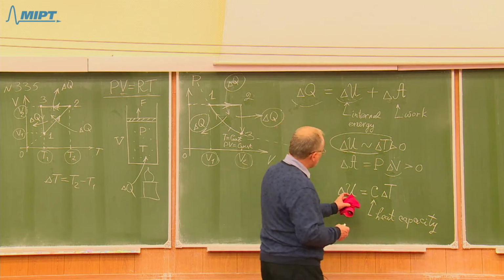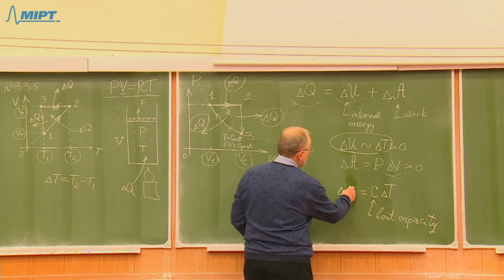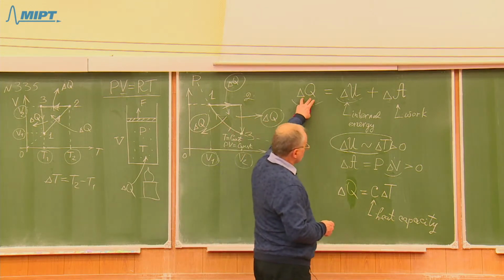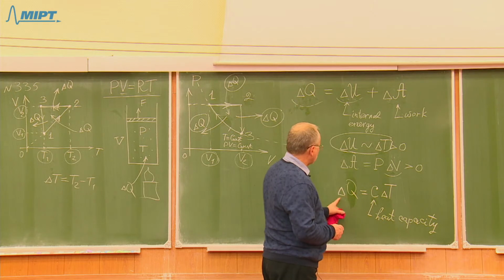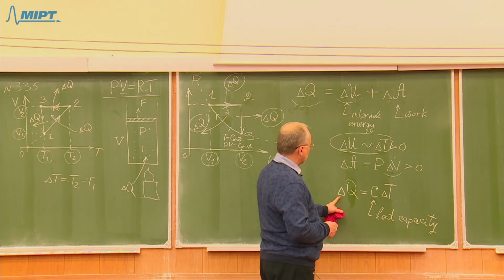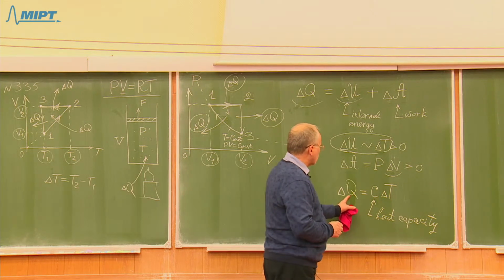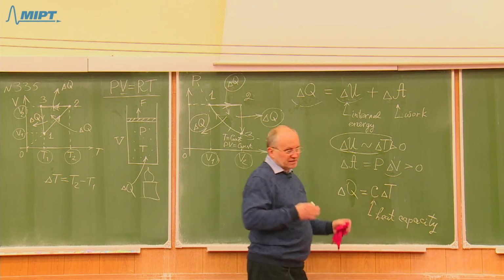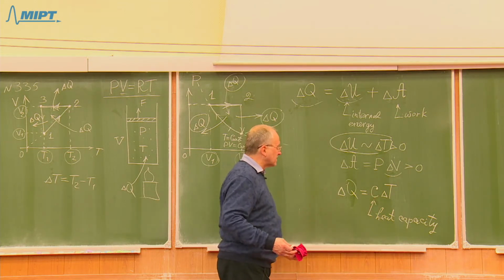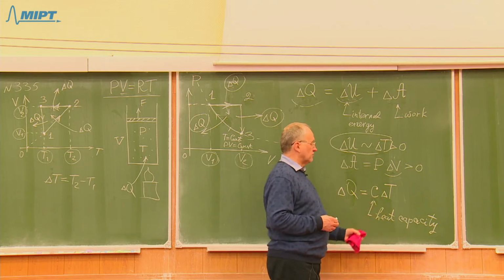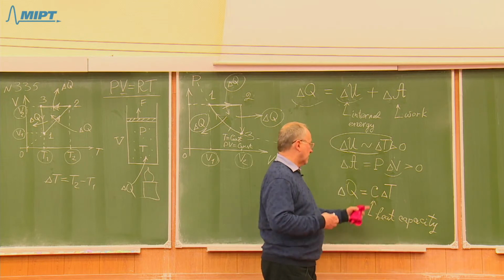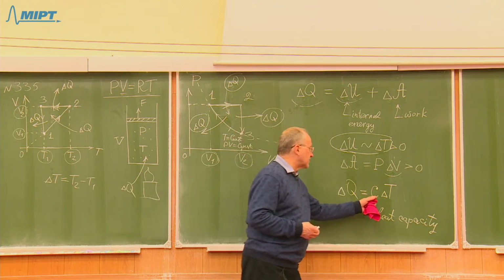I made a small mistake here. It should not be the internal energy, but the amount of heat energy. So if you measure how much heat energy you need to supply to the object in order to increase its temperature by 1 Kelvin, then you will measure the heat capacity of this object. And the larger the mass of this object, the larger will be its heat capacity. This is a physical quantity which can be measured experimentally, so this is quite a reasonable quantity, but it's not very convenient